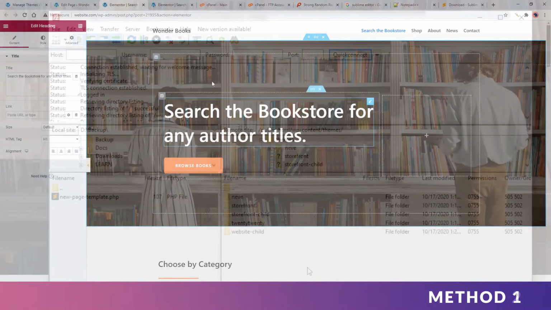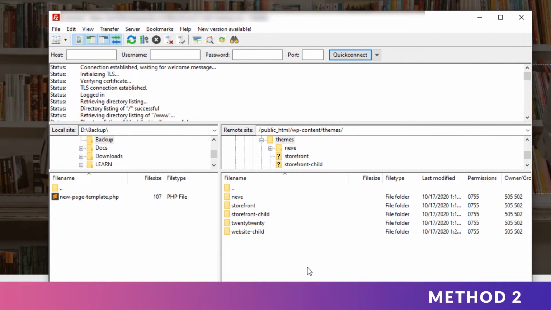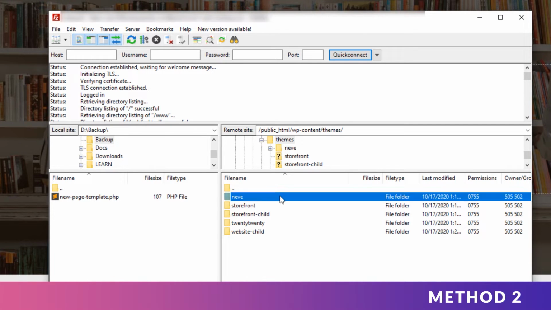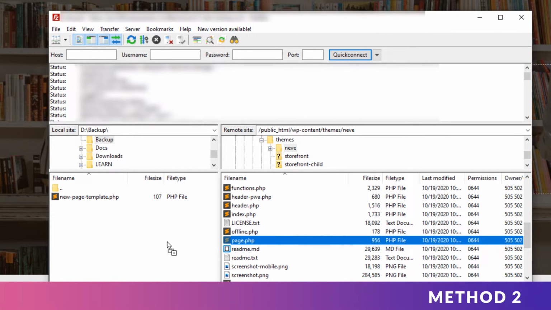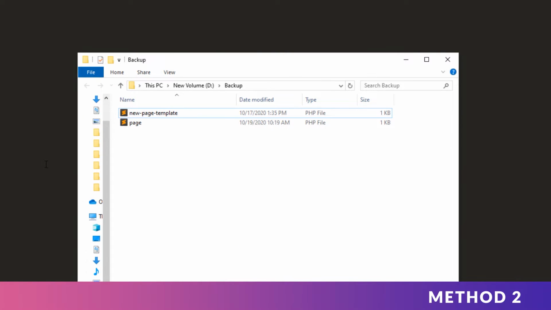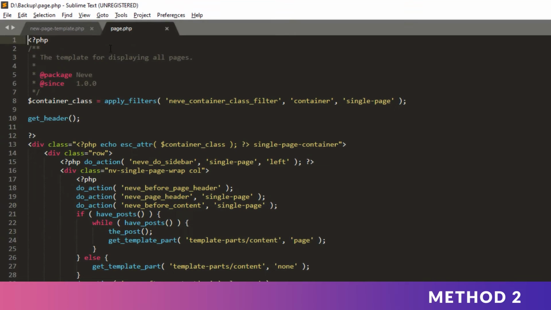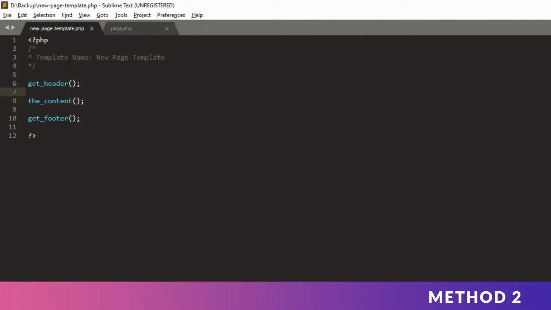Let's see another method. Go to your parent theme. For this one, it is the Neve theme. Download the page.php file. Open this file with our editor. Copy over the template name string but change the value.